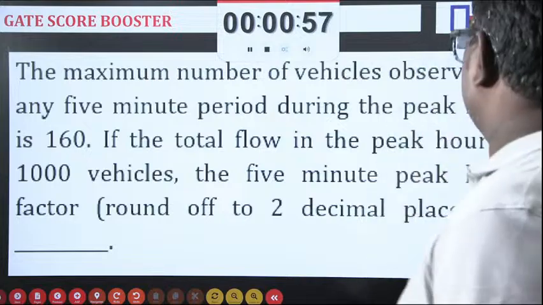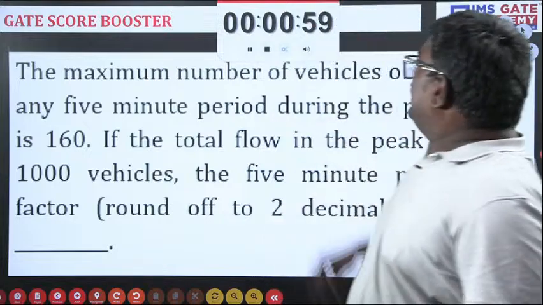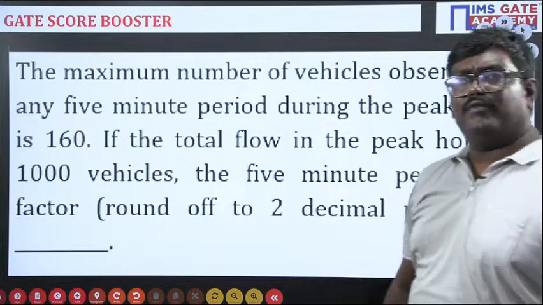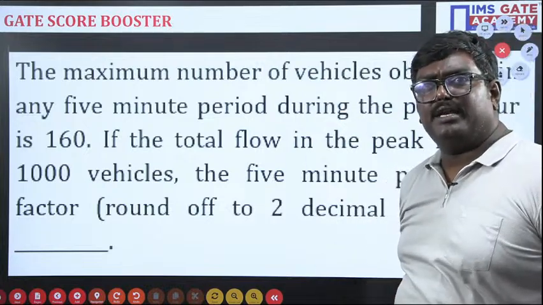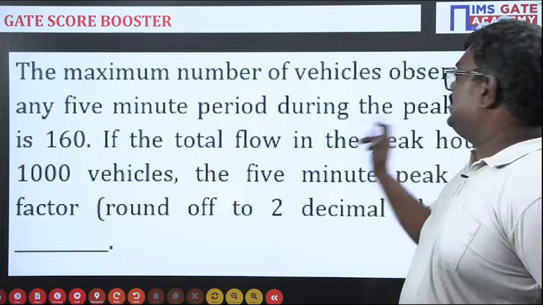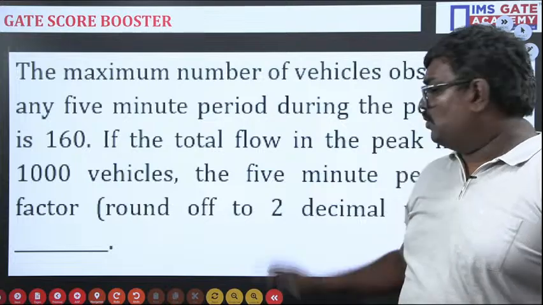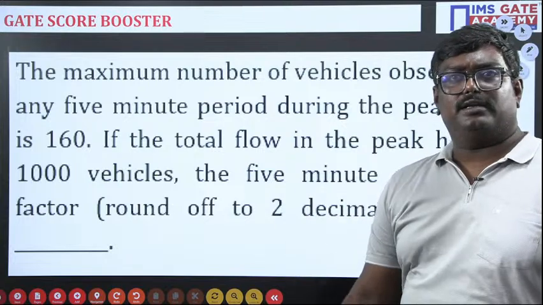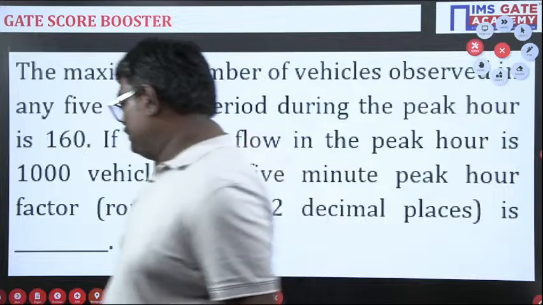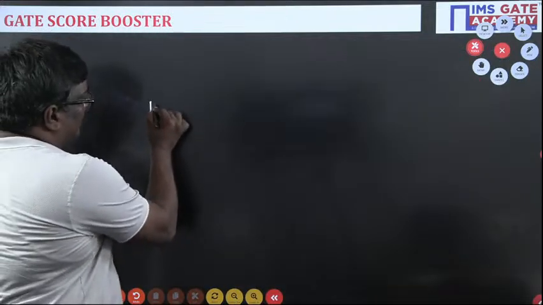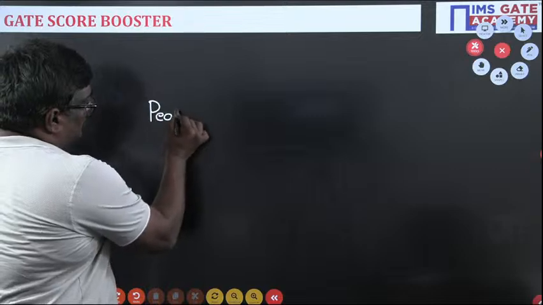Now see students, they have given a question: the maximum number of vehicles observed in any 5-minute period during the peak hour is 160. If the total flow is 1000 vehicles, what is the 5-minute peak hour factor? Okay. Now let me tell you here. See students, here peak hour factor, just now I told you, peak hour factor